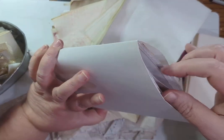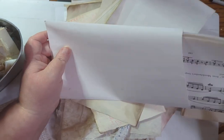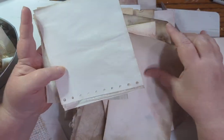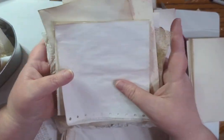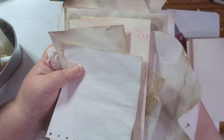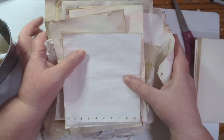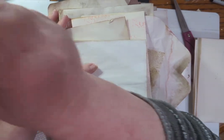I have envelopes that have pre-designated filler pages, and I'm going to be using that. My goal was to make envelopes out of all of these last night, make little envelopes and pockets. I did not get to that last night. So these were all strewn out on my desk about 20 minutes ago. And so I pulled things all back together, but I have a plan of action, and I can literally come